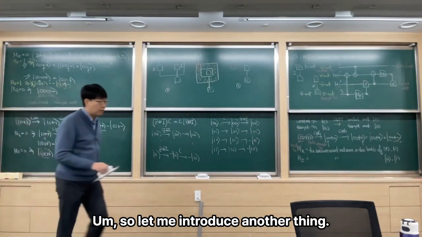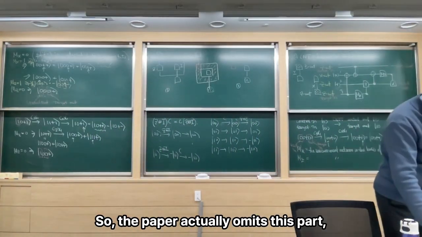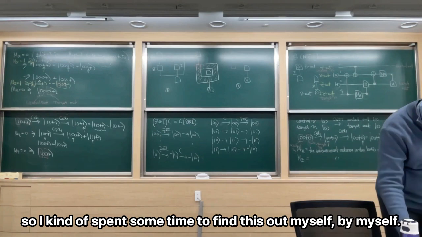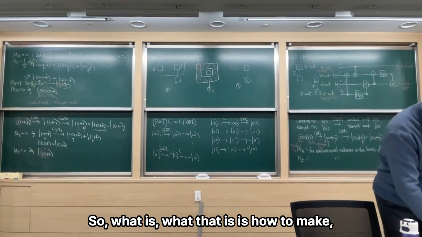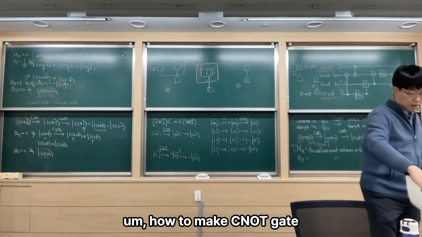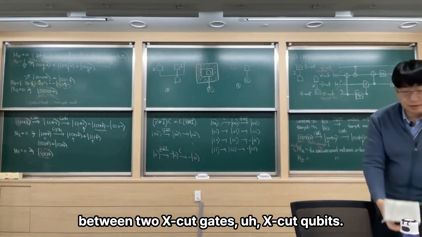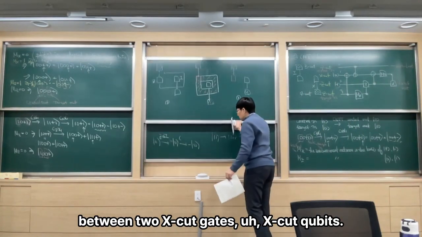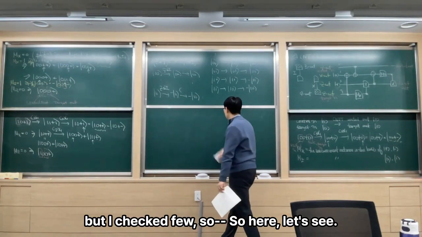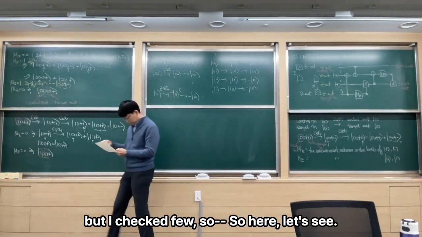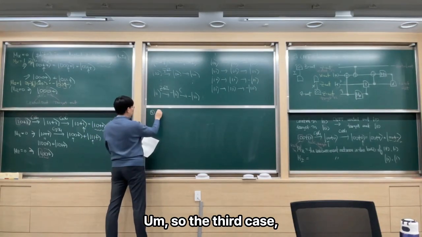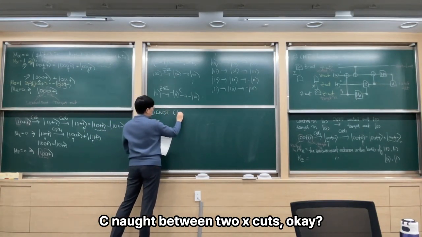So let me introduce another thing. The paper actually omits this part, so I spent some time to find this out by myself. So what that is, is how to make a CNOT gate between two X-cut qubits. I hope this is right, but I checked a few. So here, let's see. The third case, CNOT between